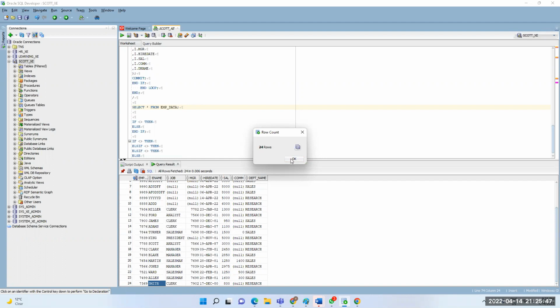Cursors are a little bit tough, actually. Once we understand this, it's very easy. But understand the purpose of cursors. Why do we need cursors? Mainly when we are processing multiple records, meaning more than one record, we go for cursors. In a particular scenario, we need to get some data from multiple tables and push it into one table, or we need to update multiple tables. These types of scenarios we use cursors.